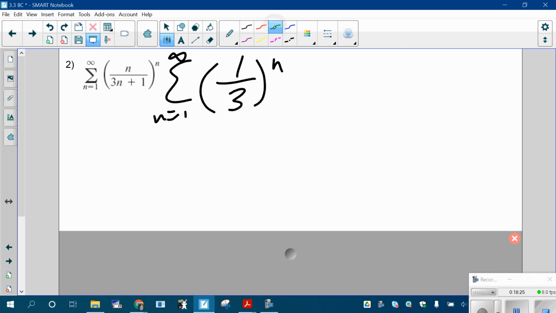Okay. Now remember, in order for this to work, I need to make sure that I know what this does and that it's pushing the right way. Like I need to make sure that I'm on the top pushing down or on the bottom pushing up. So what does this do? Well, this is just a geometric series with r equal 1/3, so this converges. Now I need to make sure that it is on top. I know it pushes down, I need to make sure it's on top. In other words, I need to make sure that this